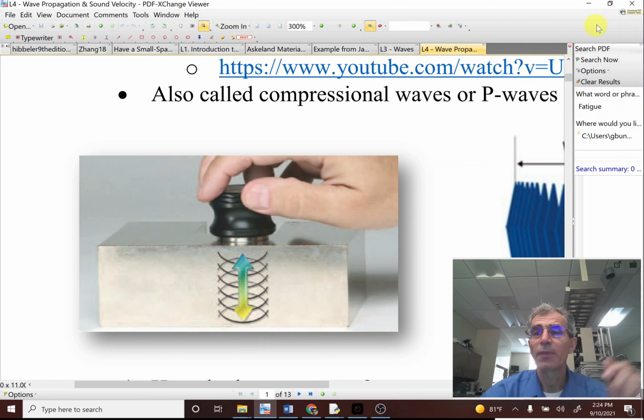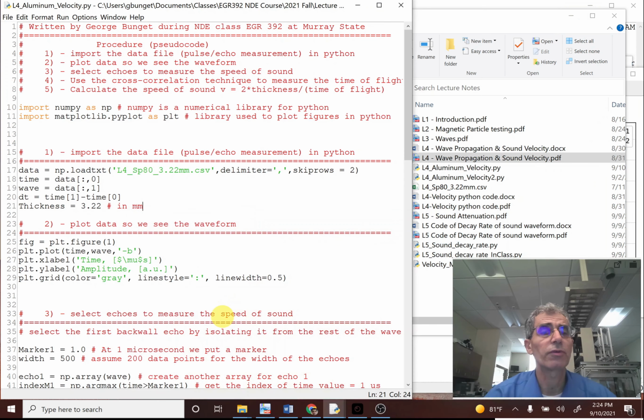So this was shown on the oscilloscope screen, and we now want to plot and calculate the speed of sound. And this is the first video tutorial that shows how to do that in Python. Of course, here I explain the procedure in pseudocode. It's an outline for us to see just how we can